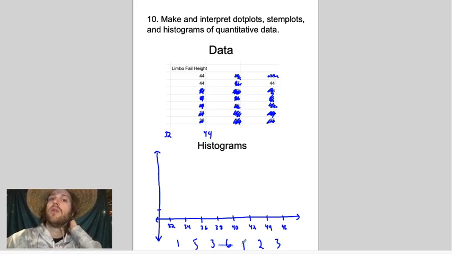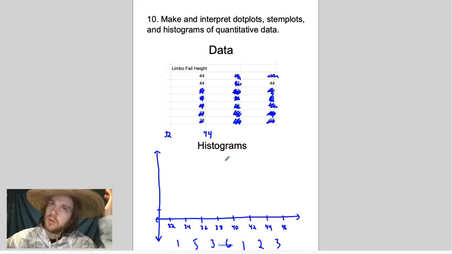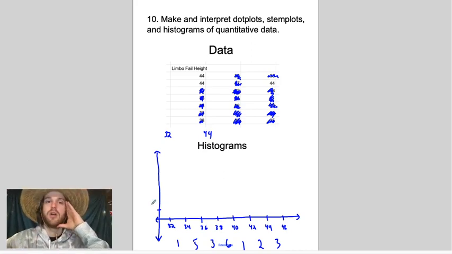6, 12, 15. Sorry. Yeah, that's right. 15 plus 6 is 21. Perfect. All right, nice. So let's go ahead and put our frequency over here. We went up to 6 total. So 1, 2, 3, 4, 5, 6. Okay, and then